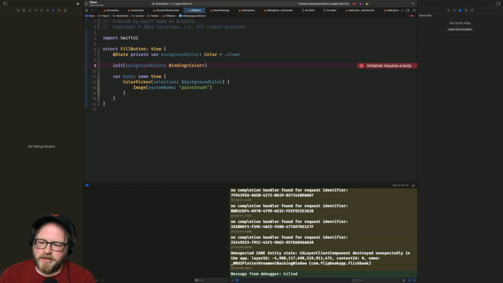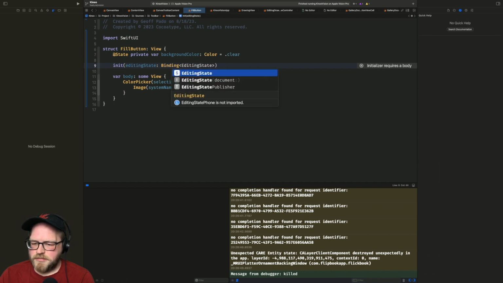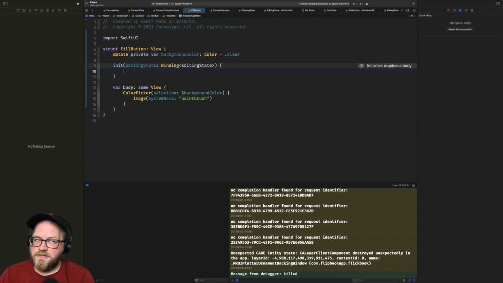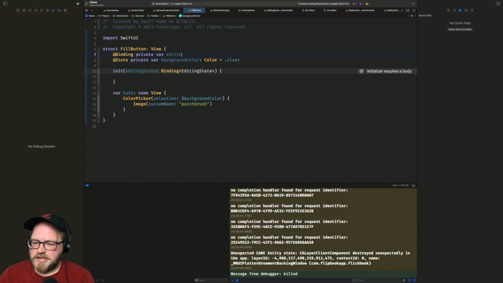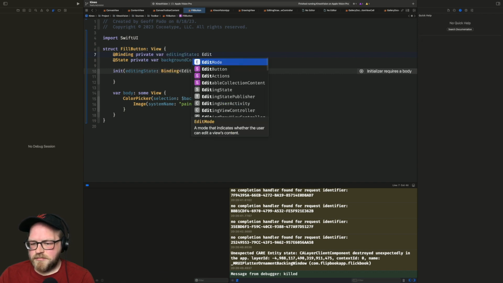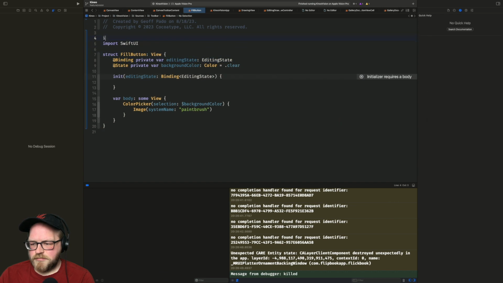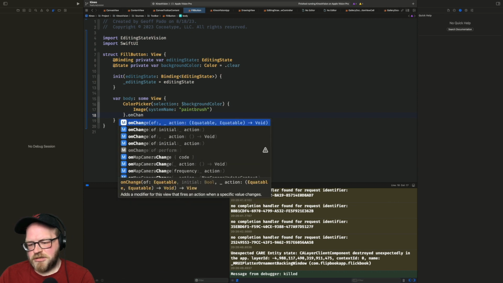Or, better yet, I think what this is going to take in is our editing state. And then what we need this to do at binding private var editing state. Got that. And then basically on change of